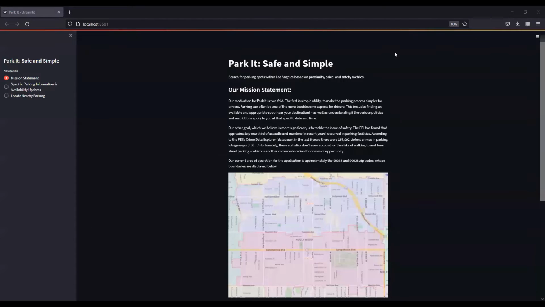Hello, my name is Alexander Chavez, and I'll be introducing the UI portion of Park It Safe and Simple, which I developed using a Streamlit library in Python. So when users first load up our application, they're presented with Park It's homepage by default. This page contains a mission statement for our application, which to summarize details our goals of providing utility and safety